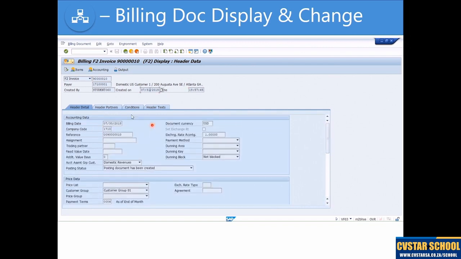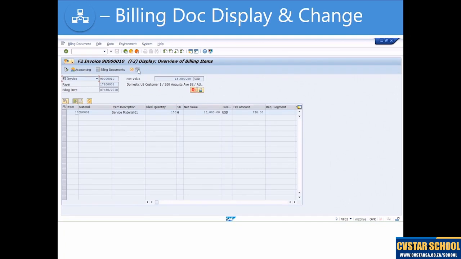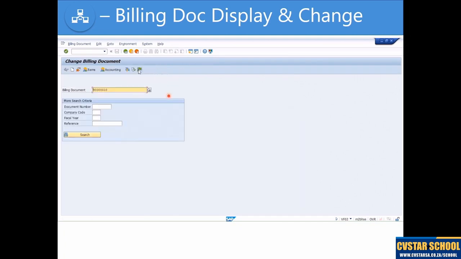But if we have a look further, for instance, the header text, this is something that we could change. Right now, while we're in display mode, if I open it up, this is a text billing note to the customer, you'll see that it's gray and we can't change it. If we simply go back one with the back arrow, and then click this change button,